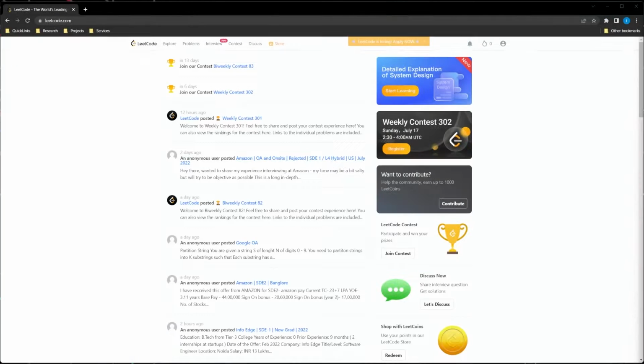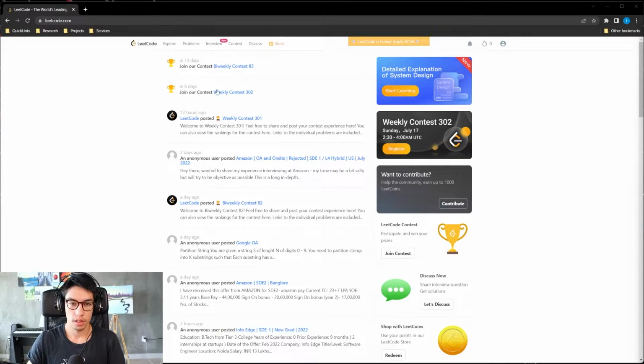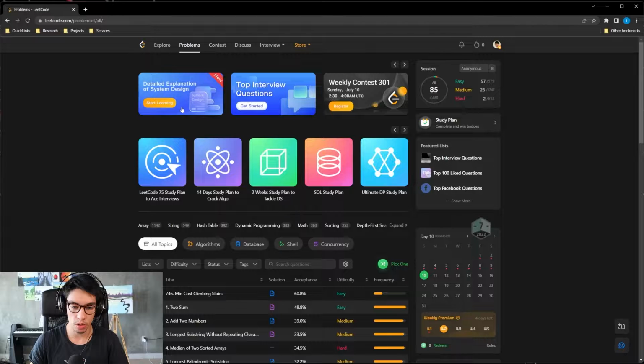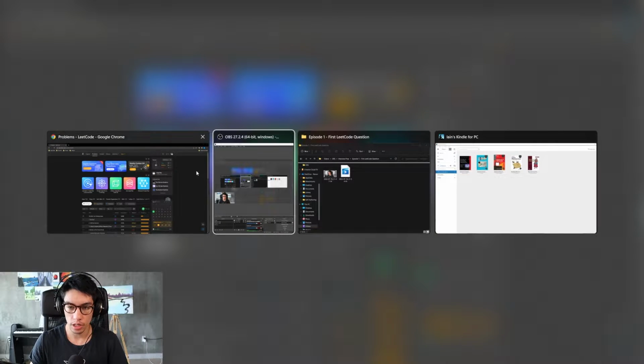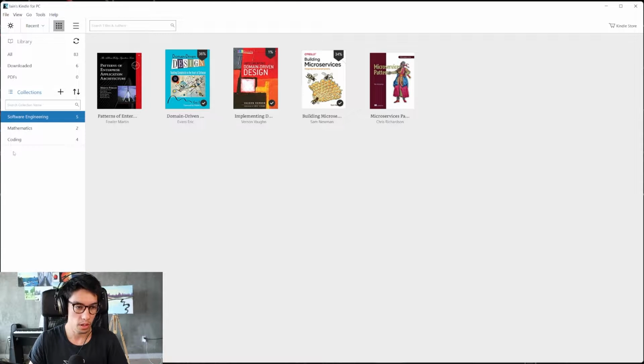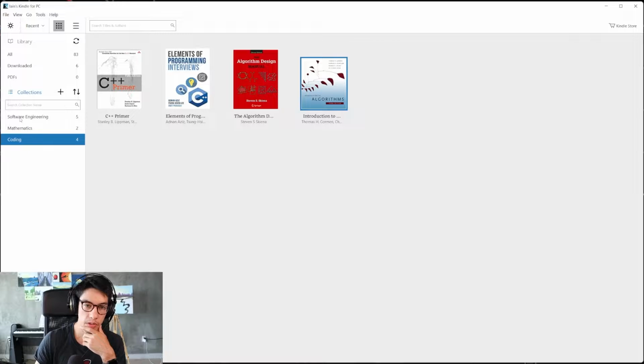So, I've used LeetCode before, and what I want to do is actually really make my way through the typical prep books.